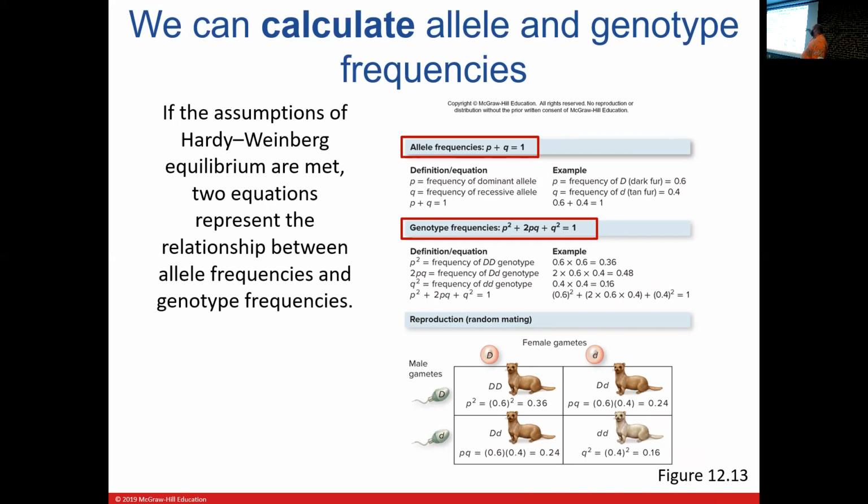You can then look at the genotype frequency. If you know the phenotype, then in theory you have a number of homozygous recessives, homozygous dominants, and heterozygous individuals, and you can use this calculation: p squared plus 2pq plus q squared equals 1. That's basically saying the frequency of the DD genotype, plus the frequency of the big D little d genotype, plus finally the frequency of the little d little d genotype. All of that should ultimately add up to 1, and you can see how that math works out.